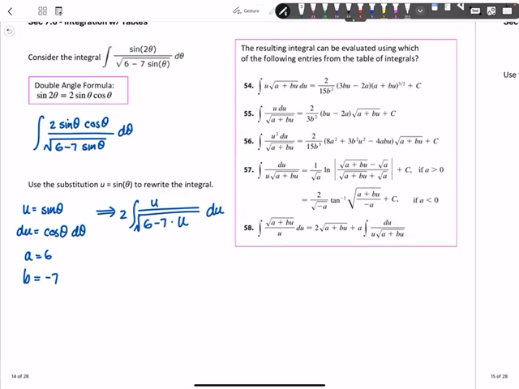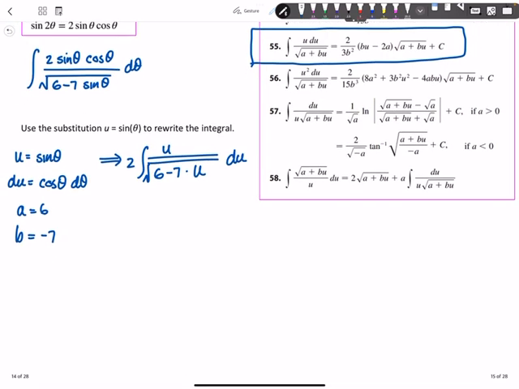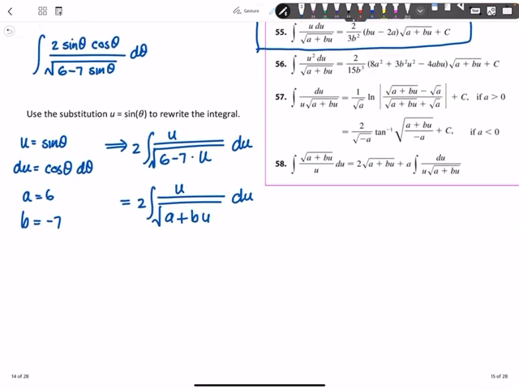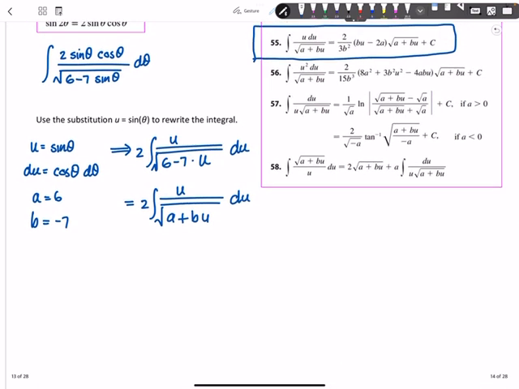So out of our short list, it looks to me like table number 55 is the one that's going to match my problem. Right? So we can go ahead and replace also here the a and the b in our expression. All right. So evaluation now is going to yield, let's let that fit in. This will be 2 times